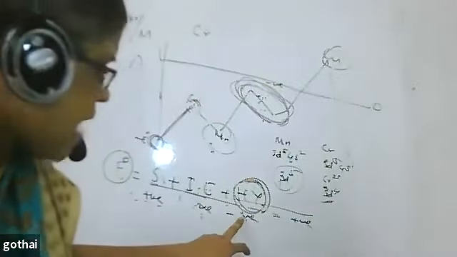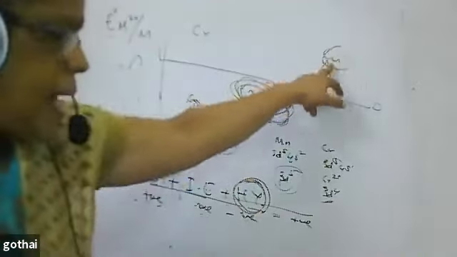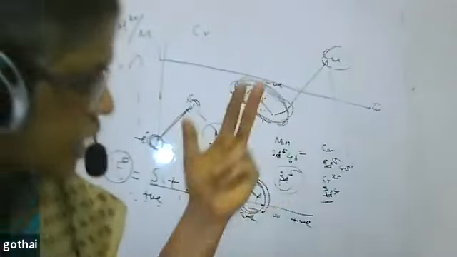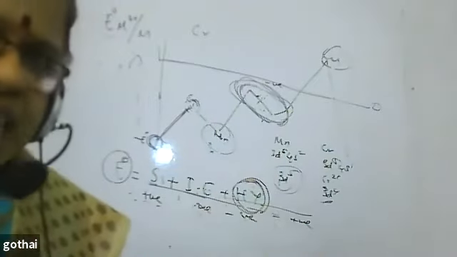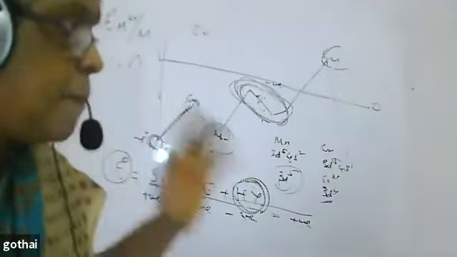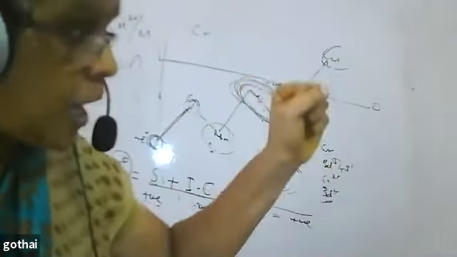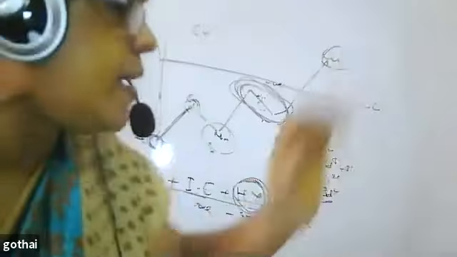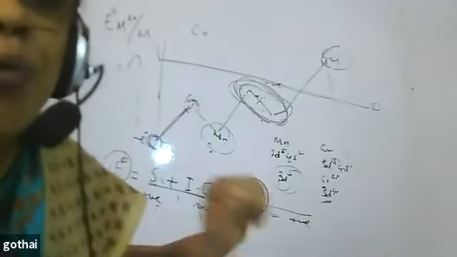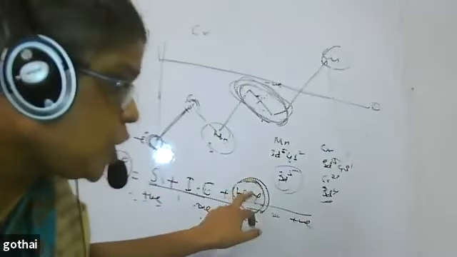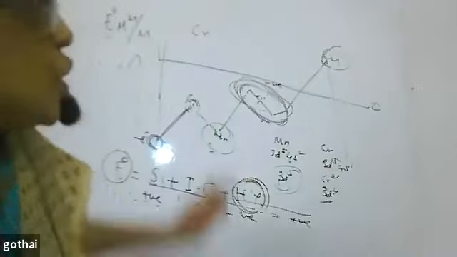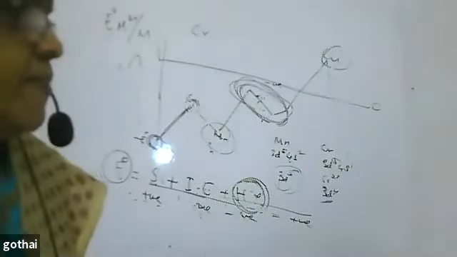However, we know that for copper, the size is so small and the effective nuclear charge is higher, which means ionization enthalpy should also be higher. I expect that, we know that. In spite of that, smaller means more hydrated, so hydration enthalpy is also higher. But data wise, if you see, it is positive. What do you understand? This negative value could not compensate the sum of these two values. So the E naught value of Cu2 plus to Cu is positive.